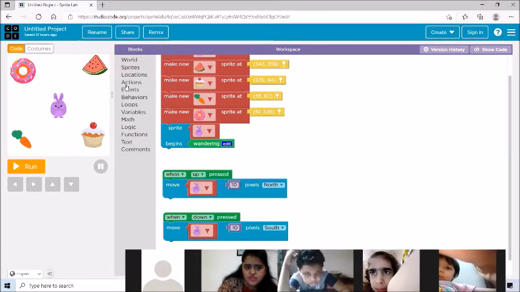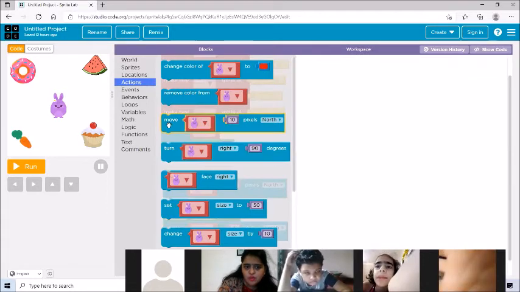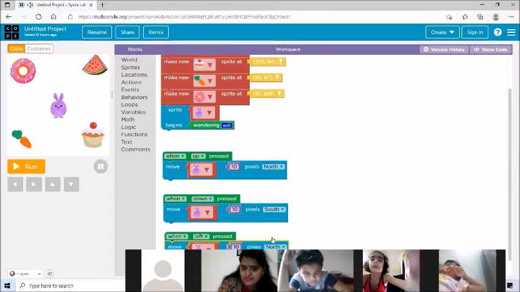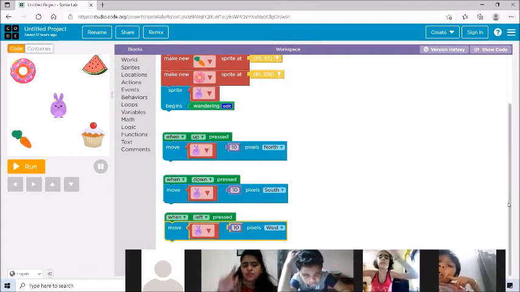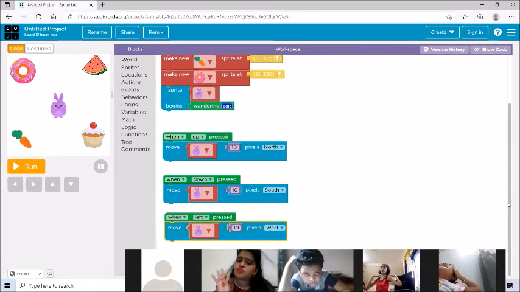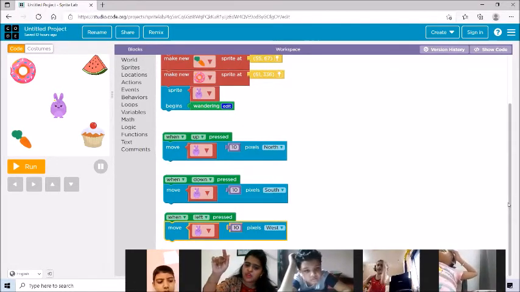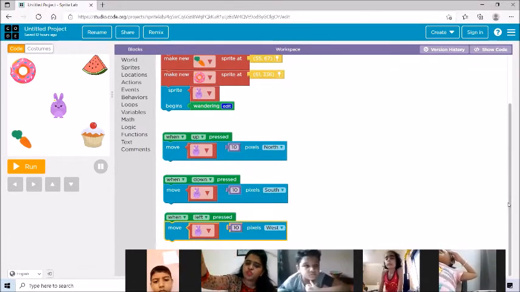So for left, again go on action, move bunny 10 pixel. So for left, I want the bunny to move to east. Okay, sorry, west. Fine. So these are the 4 codes that we are using for 4 arrow keys. So when I press the up arrow key, the bunny will move to the north.